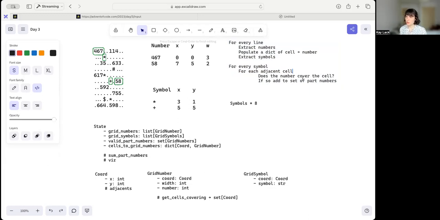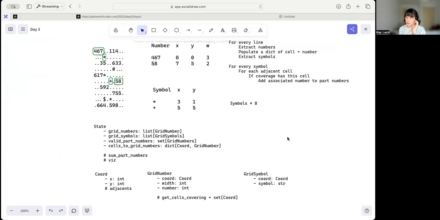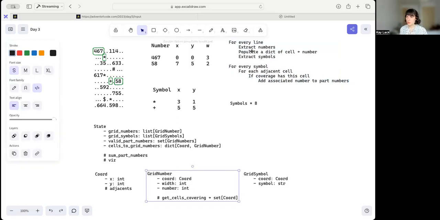For each adjacent cell, if there is a number in, if coverage has this cell, add associated number to part numbers. Okay, so we need to populate this. We need to get the cells that are covering the grid number, add them to the